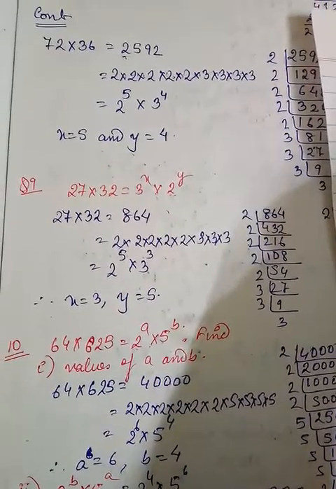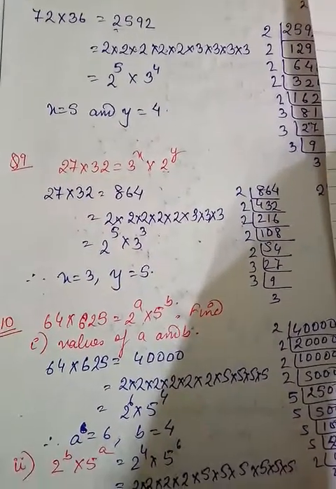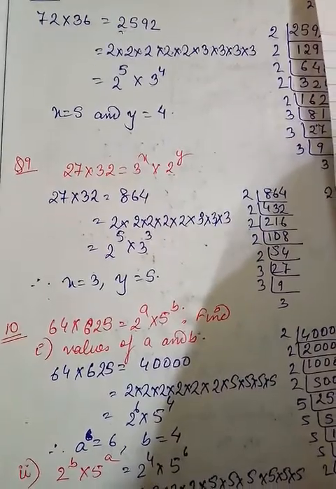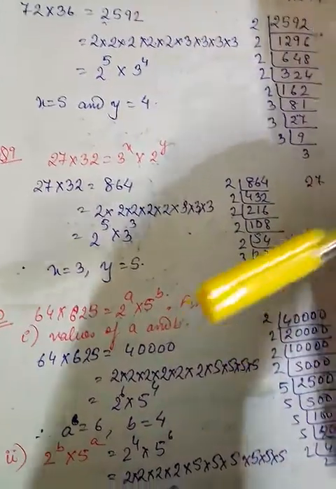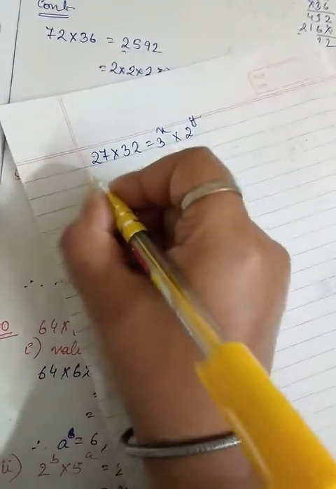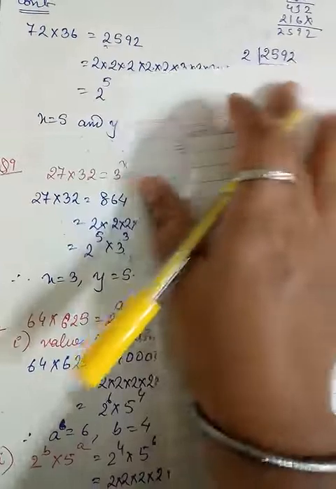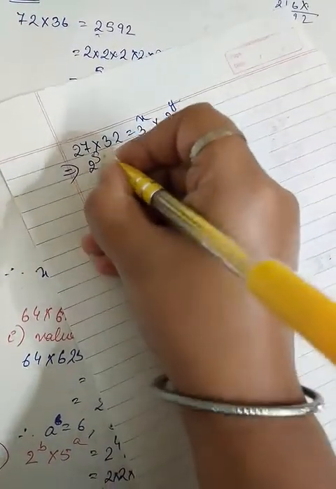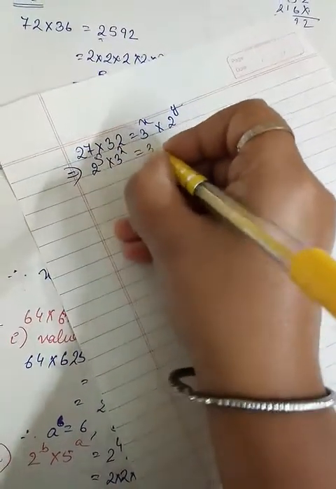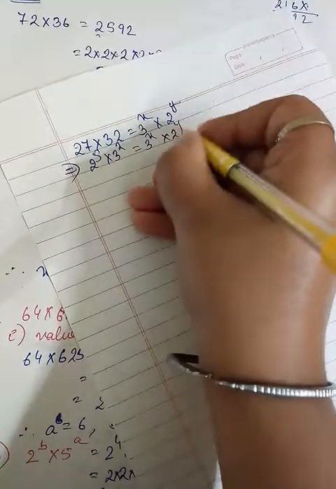Good morning, dear students. These are the two questions that were given as your homework. Now, one thing which I have noticed while you are solving this question, you are directly writing it. For example, if you are getting it as 2 to the power 5 into 3 to the power 2 equals to 3 to the power x into 2 to the power y.